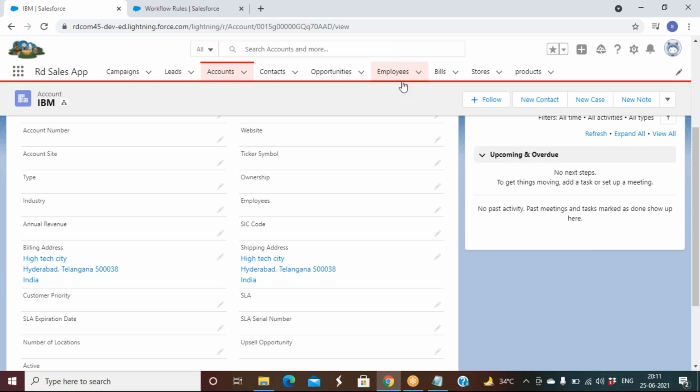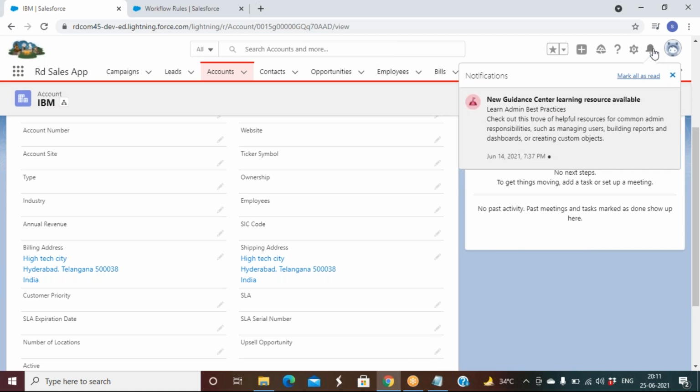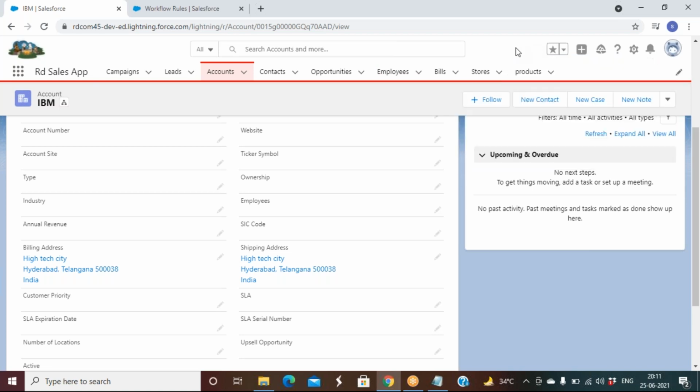Along with the welcome email, I want to post a notification to the existing people who log into Salesforce. On their login, in their notification, I want to send a message saying that, hey, today we have a new joinee in our organization, so wish him good luck. If you want to contact that person, this is the email ID of that employee, you can contact them. The same message I want to post in the chat group.